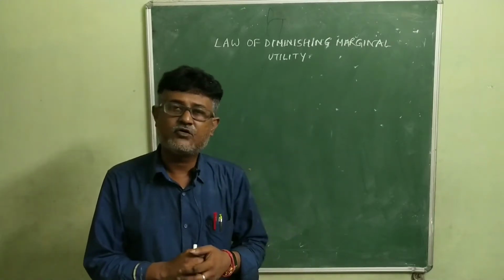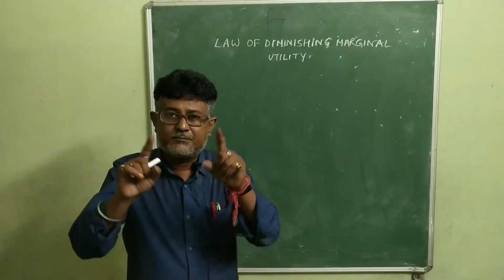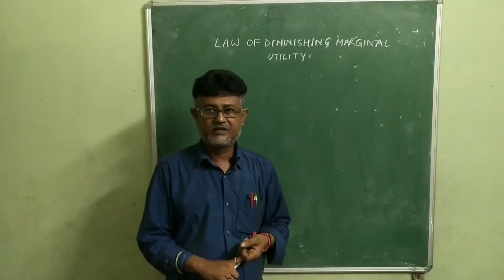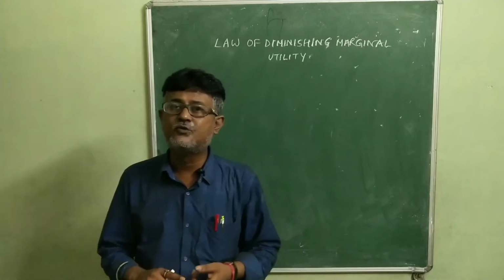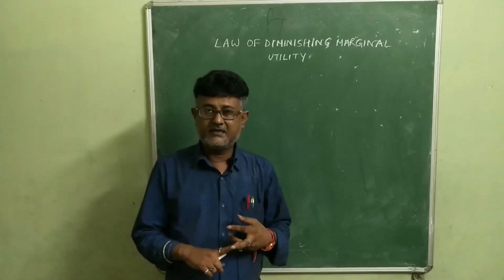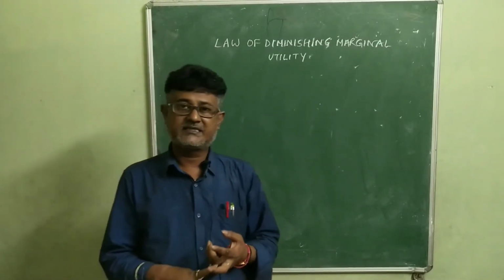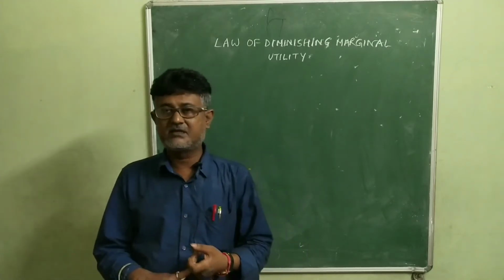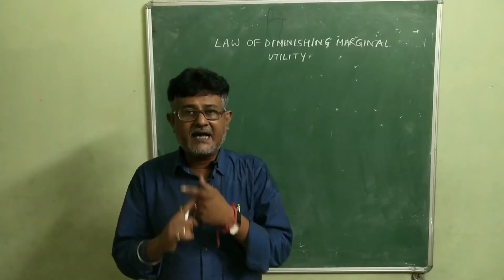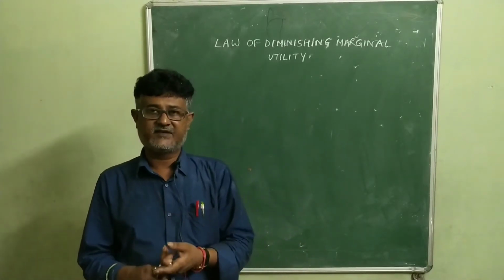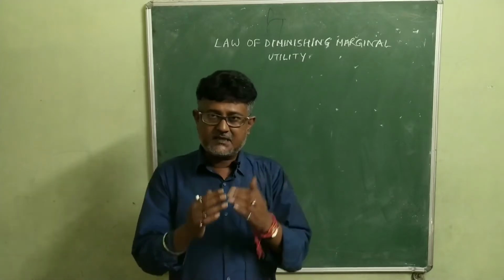The taste and preference of the consumer is constant, that means the taste and preference of the consumer during the process of consumption remains constant. Besides that, it is assumed that the prices of substitute goods remain constant. Here he further assumes that the marginal utility of money is constant and the consumer is a rational consumer, and he tries to maximize his total satisfaction. So based upon these assumptions